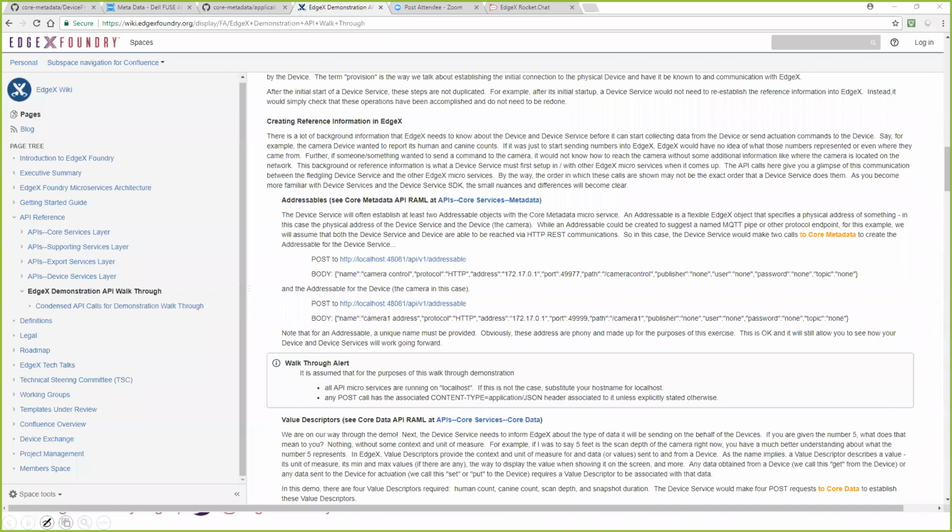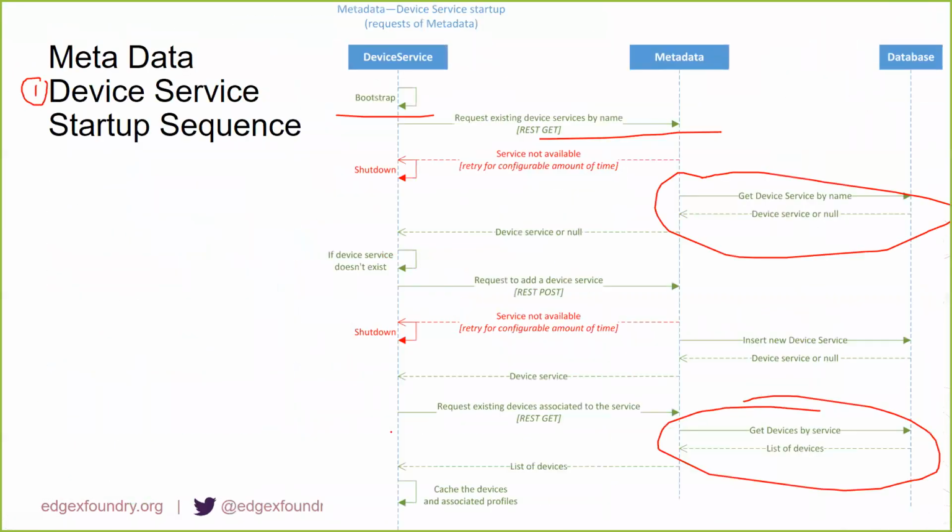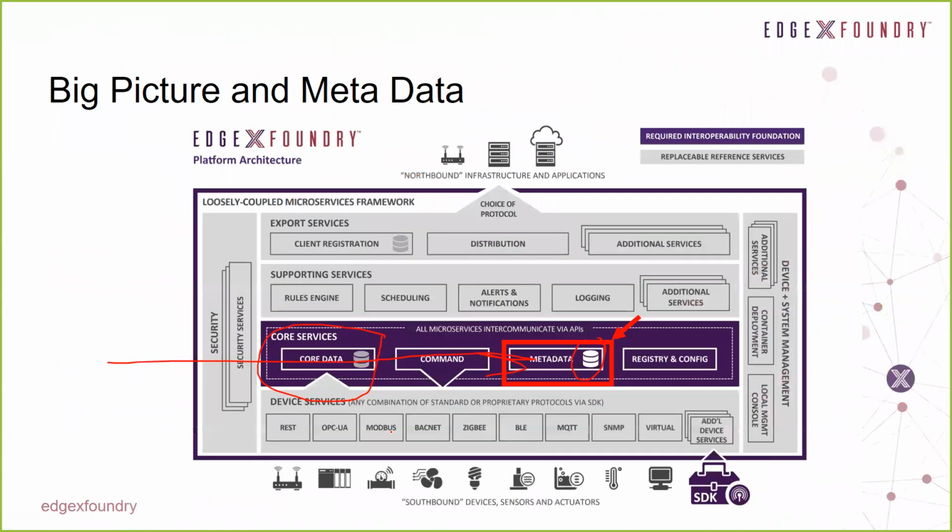Hey, so this was very helpful. Very interested in the device registration process with regards to metadata. So two questions. One, discovery. You have a device that has an IP address that EdgeX isn't aware of, and two, it may have some security like an API key. Have you thought through, or are there provisions for registering a device with the system, providing its IP address and a key for access security?